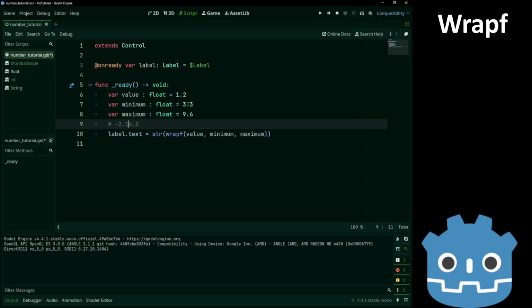Oh wait, sorry. We have to use the F mode for this one. Now we add 6.3.